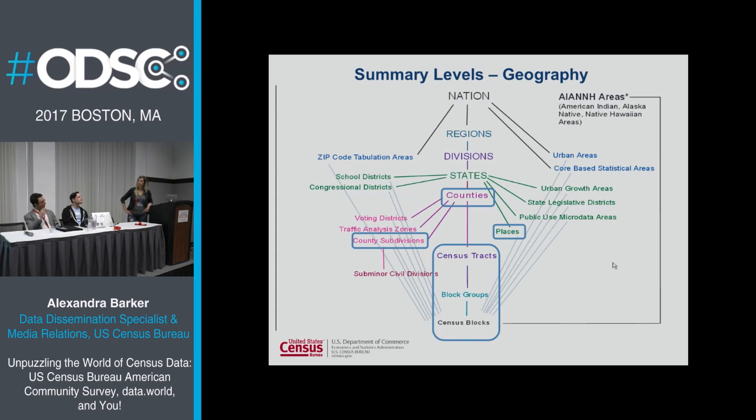So going below that, ACS data goes into geographies below county level, or we can even say below city and town level. And that's what gets really important about the ACS. Not only the amount of topics, but also the level of geographies it takes you, which we call the block group level.